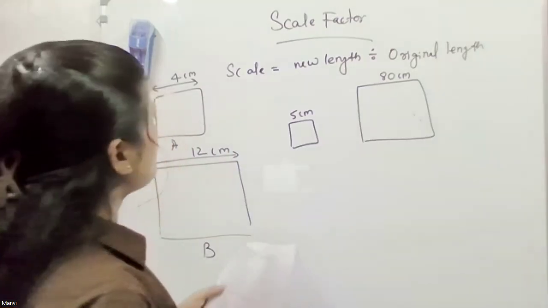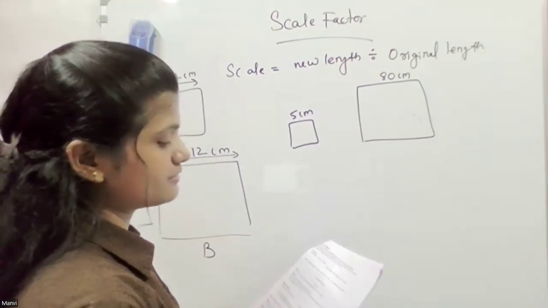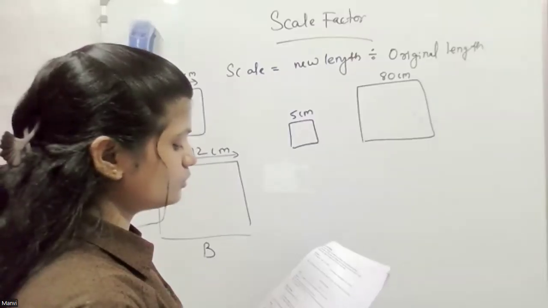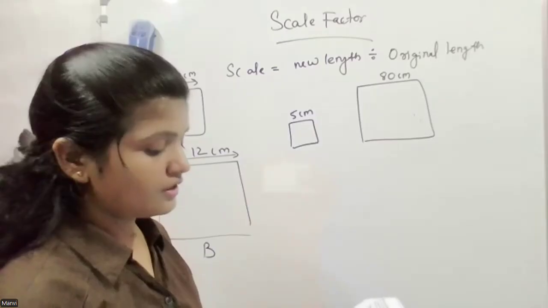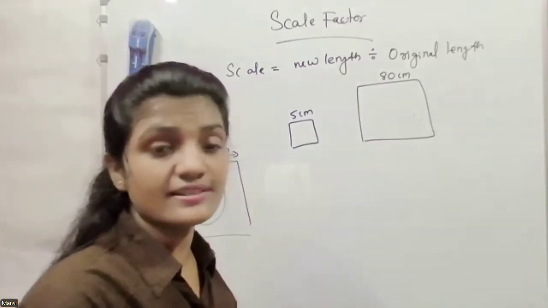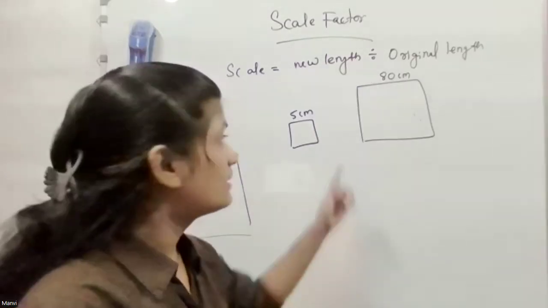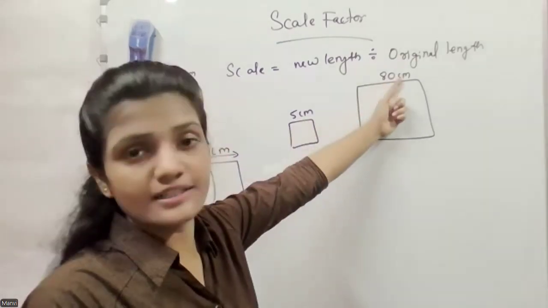The second way of asking the same type of question is like they give us the scale factor, and we need to calculate the value of the second one. Always make sure that whenever we are using the scale factor, we must keep the unit the same. As here, this is written in centimeter, so that must be written in centimeter.